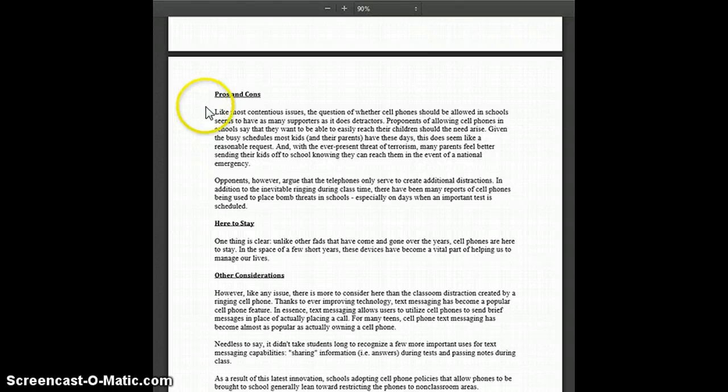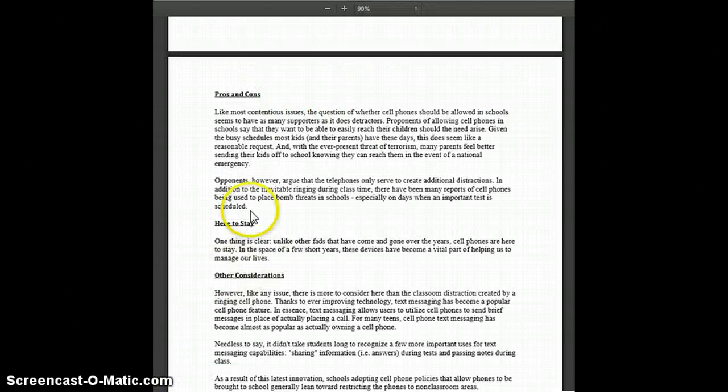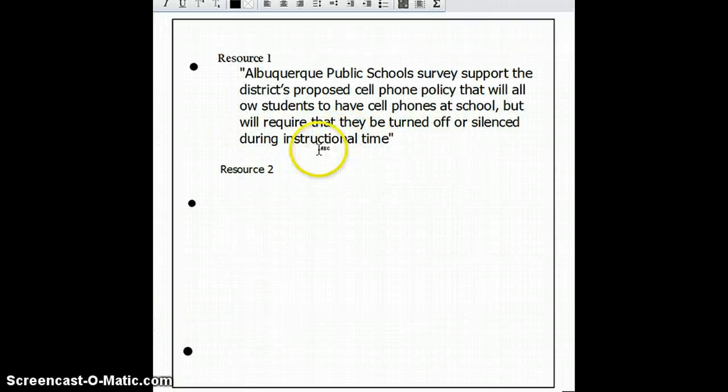So if I want to use this to support my reason, I'm going to go right here, and now since this is from resource 2, I'll make it the right size here. Okay, now I'm not going to put quotation marks around it, but what I'm going to do is read it, and I'm going to decide how to best use this. I'm not going to quote this whole thing, that's way too much. But I can summarize it. I can say,